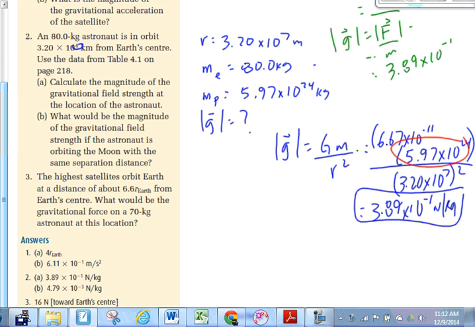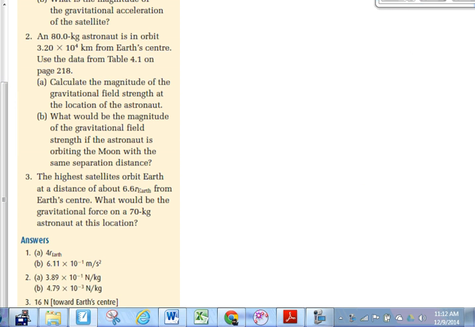And finally, question number 3. The highest satellites orbit Earth at a distance of 6.6 times the radius of the Earth. What's the force? Okay, careful here. What's the force on an astronaut at this location? What do you want to do here? You want to use F is equal to m times g? Is that valid? Sure it is. If you know what g is,